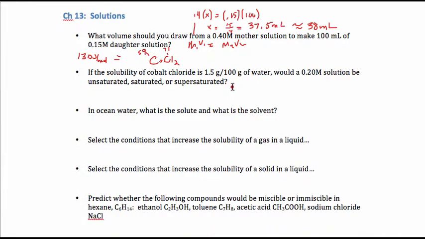Well, this is 0.2 moles of cobalt chloride in 1 liter of water. That's what molarity means. So I'm going to turn this top into grams, and I'm going to do that using that molar mass of 130 grams per mole. And then my top is in grams, and I'm going to get 26 grams on the top. That's in 1 liter,